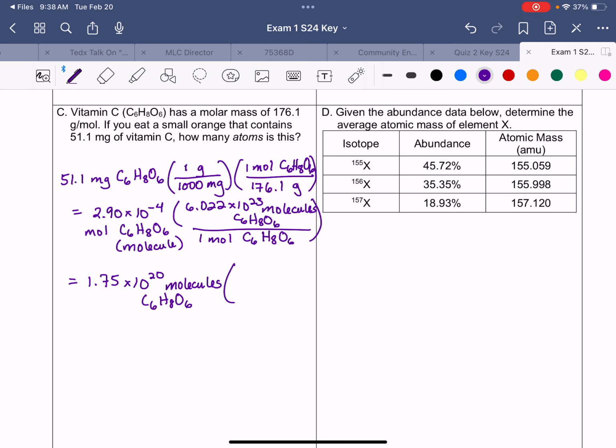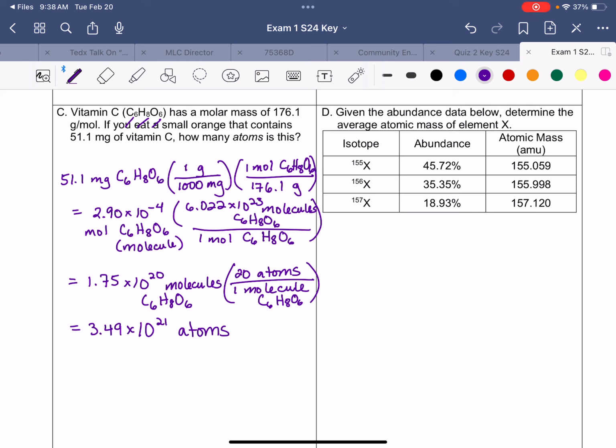And then to get atoms, we have to add 6 plus 8 plus 6. So we get 20 atoms for every 1 molecule of C6H8O6. And our answer is 3.49 times 10 to the 21 atoms. And the last one,